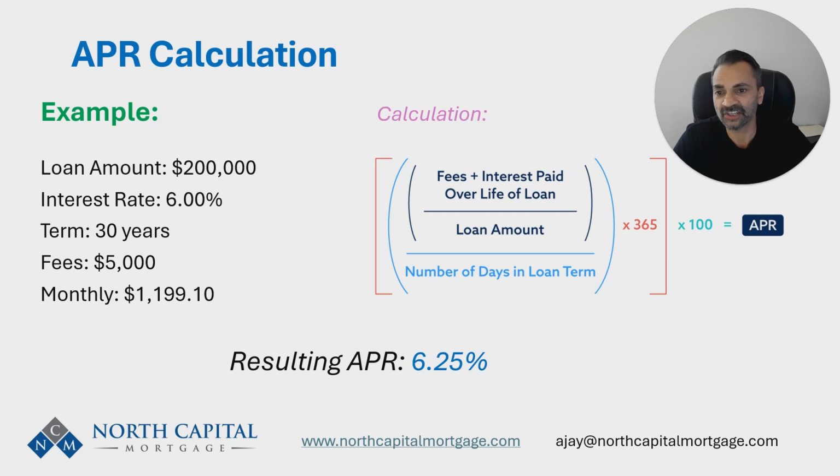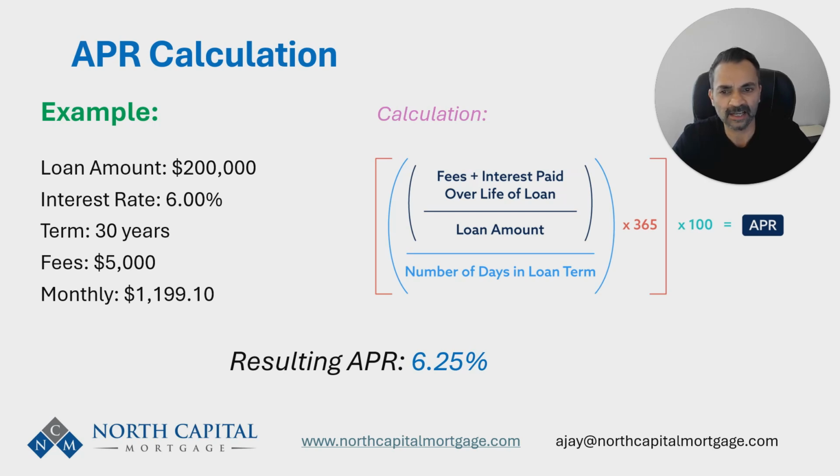Let's look at the calculation here. There's a whole lot going on. Let's take a look at the specs. Loan amount $200,000, interest rate 6%, your term is 30 years, fees to acquire the loan $5,000, monthly payment on that is $1,199. And this calculation, just like calculating what an amortized mortgage payment would be,